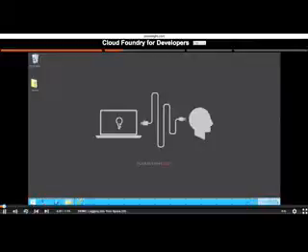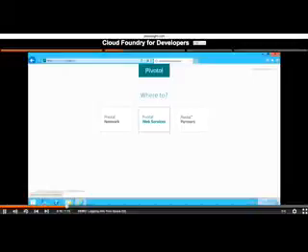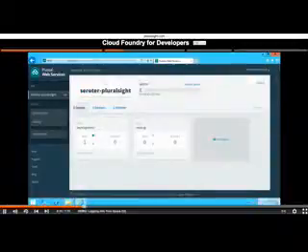Here we are on our test server, and I'm going to go ahead and open up my browser and hit run.pivotal.io, and I get prompted to log in. So this is where I want you to type in the credentials you set up for your particular account. And once you log in, you're asked where do you want to go. We'll go to Pivotal Web Services. Close the little prompt up here, and what you'll see is some things very similar to what we did in